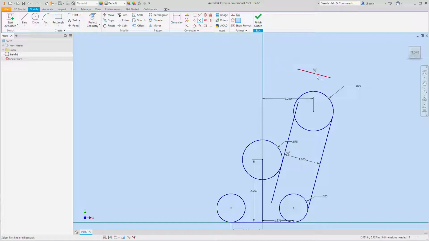And then it's also going to be tangent to this circle. So I'm going to use my tangent constraint. So here and here is tangent. And then I can use my extend. Extend. So I'm going to extend this up